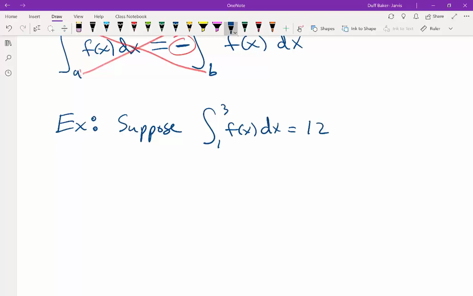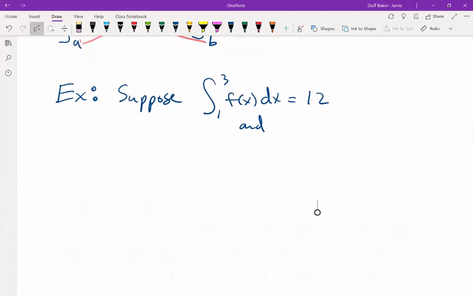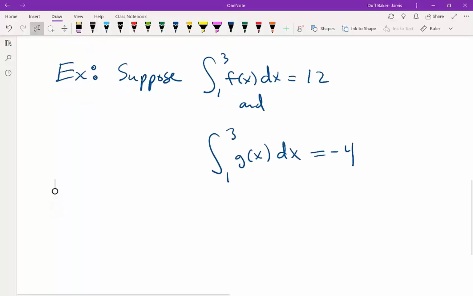Okay, suppose we know that the area under f between 1 and 3 is 12, and so we don't know what the function itself is, but we do know about its area, and we know the integral from 1 to 3 of g of x, the area under g, is -4, then the question is, what is